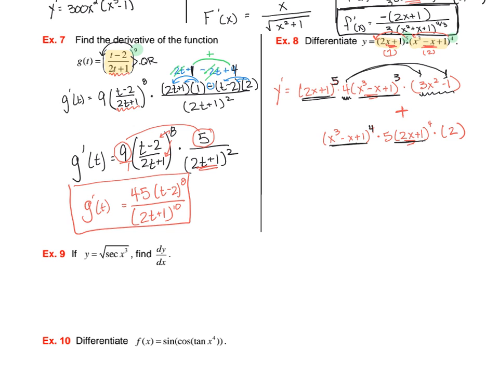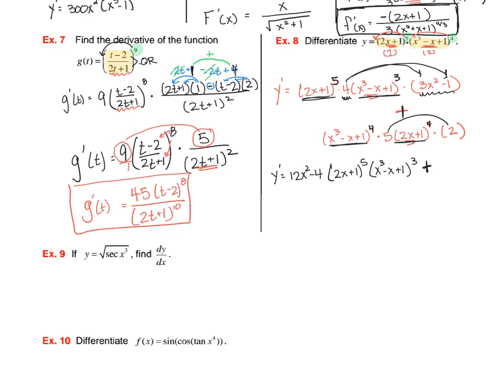And we have this one with the 4th power, but we could multiply the 5 times the 2. So I would think if you wanted to go really wild and crazy, you would have 12x squared minus 4, distributing on the top, times (2x plus 1) to the 5th, times (x cubed minus x plus 1) to the 3rd,